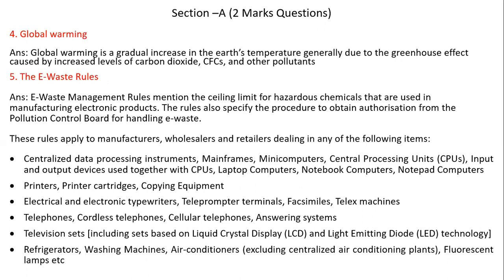So first one is centralized data processing instruments: mainframes, mini computers, desktop computers, central processing unit, or you call it CPU, input output devices, laptops, notebooks, notepad computers. It includes printers, printer cartridges, copying equipment that is called Xerox machines, electrical and electronic typewriters, teleprompter terminals, facsimiles, telex machines, telephone, cordless telephone, cellular telephones, answering machines, television sets, which are called the CRT,